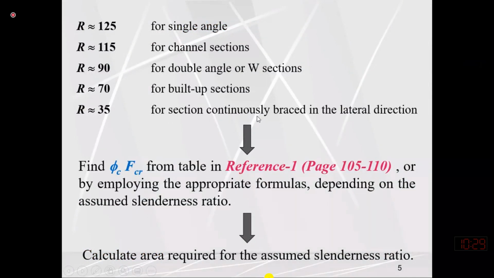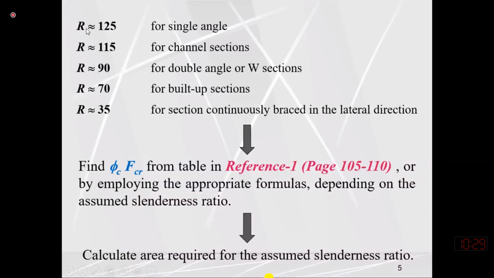So what is continuous bracing? You may assume that we have a steel column, maybe any column, and on both sides of the column we have constructed a wall. So this column is lying within the wall. It means that this column cannot buckle due to the presence of the wall on both sides. So this is referred to as continuous bracing.